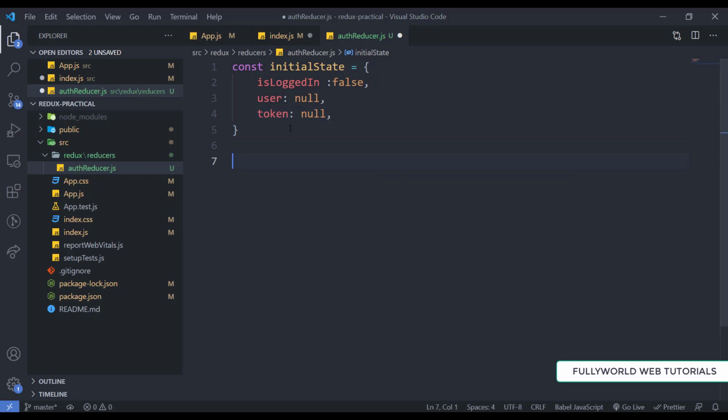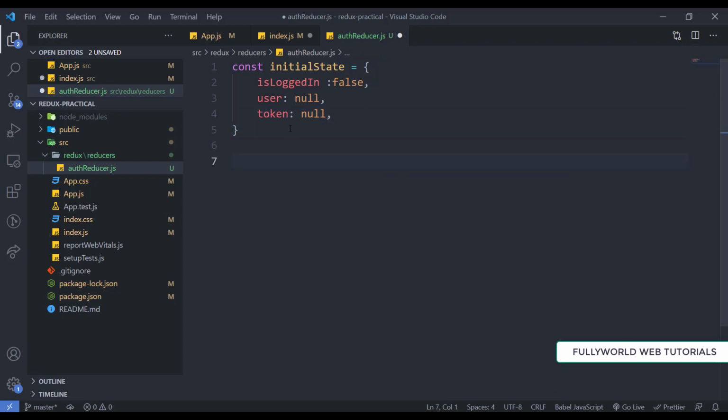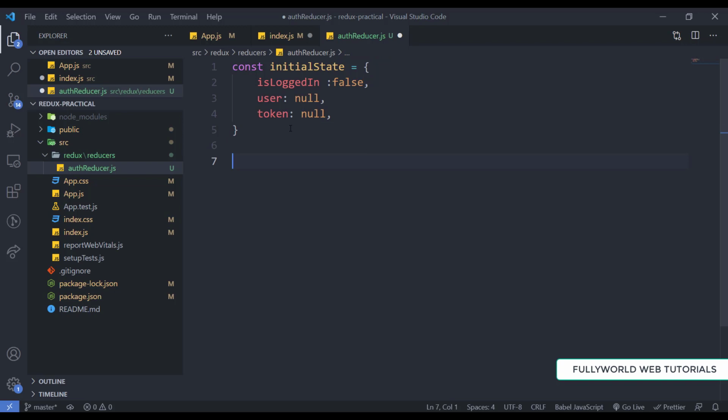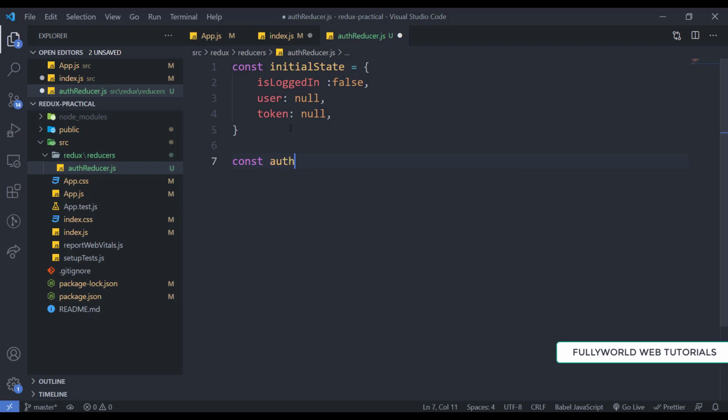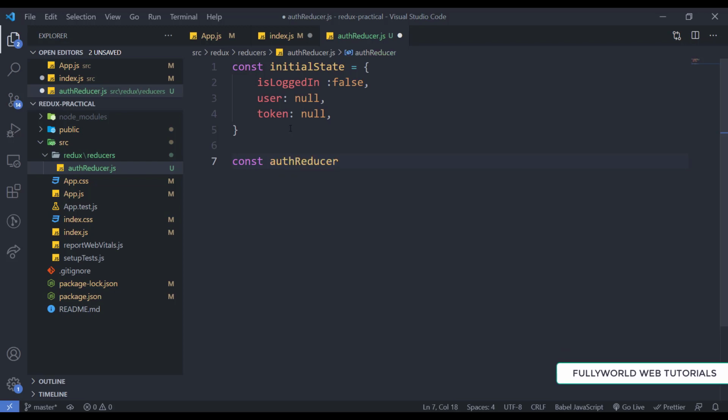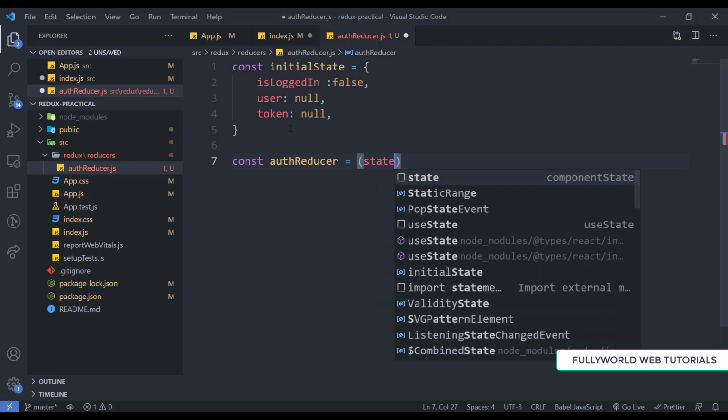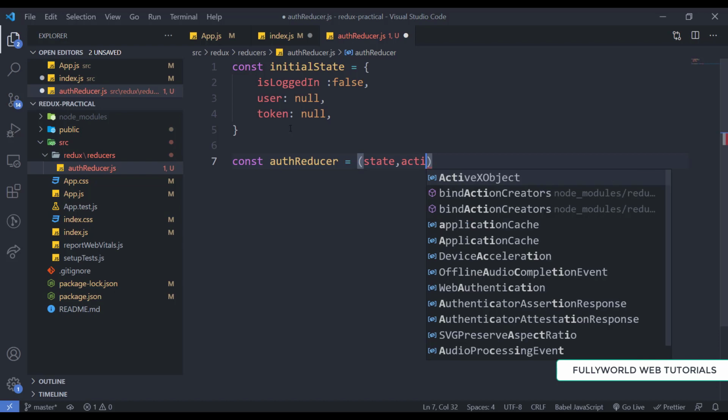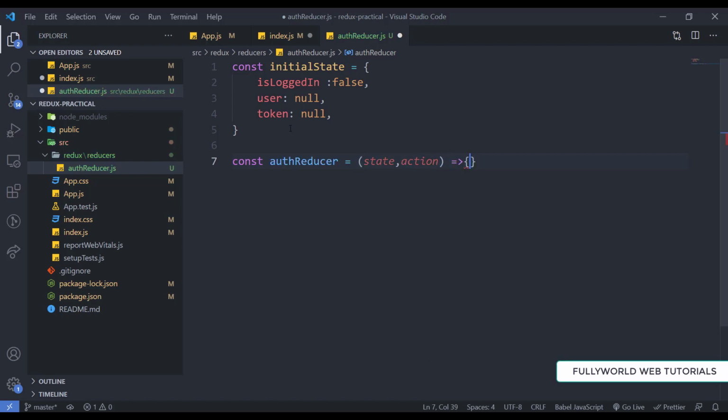Now as we saw in the previous part, our reducer is a pure function. So here we will create our function. I'm going to create const authReducer, that is our function name. And as in the syntax we saw, here we will mention our state, and then it will contain our action.